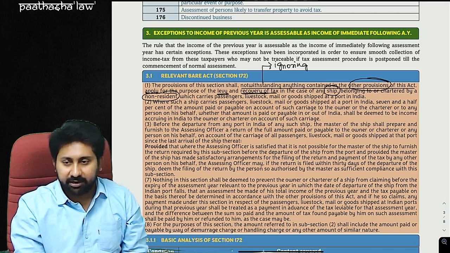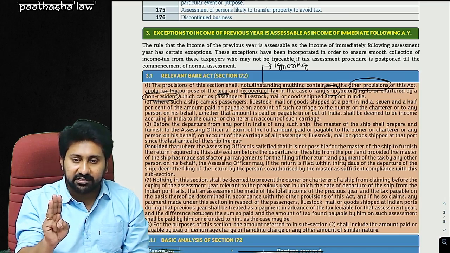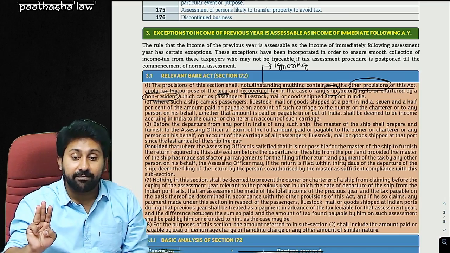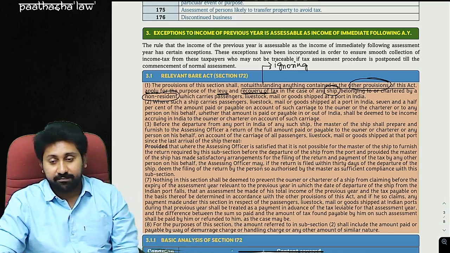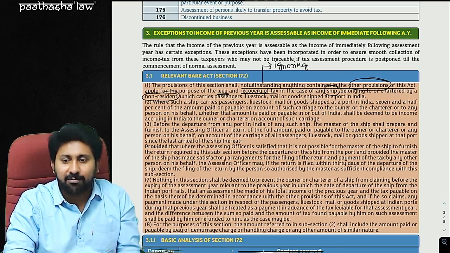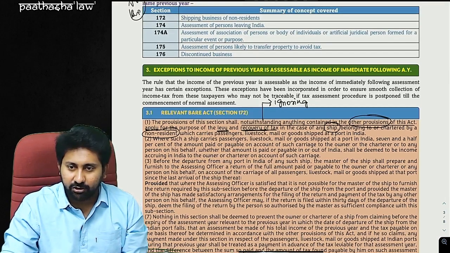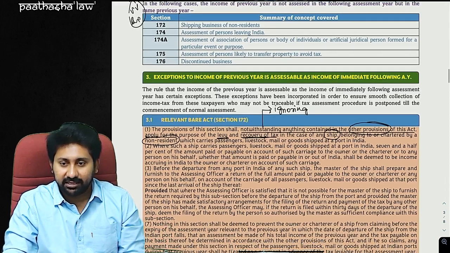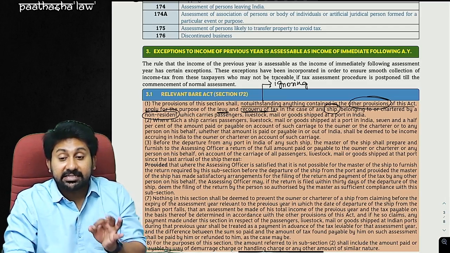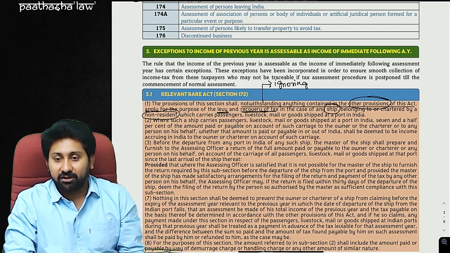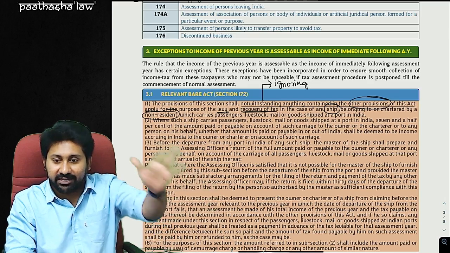Okay, so the concept is, whenever there is a non-resident owning a ship and carrying passengers, livestock, goods, mail shipped in a port in India, that person collecting freight is an income for him. On that income, he should pay the tax. How much tax, and on what income should I pay? So they said that you do one thing. You collected freight? Yes. In that freight, the amount of freight, whatever you collected, 7.5% we will treat it as income above all the expenditures you kept.